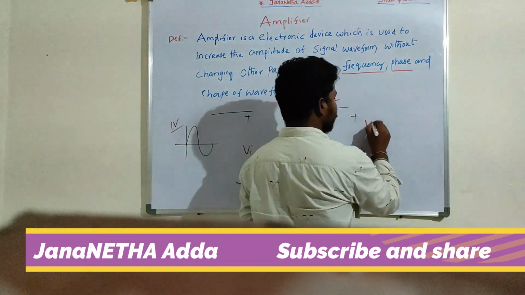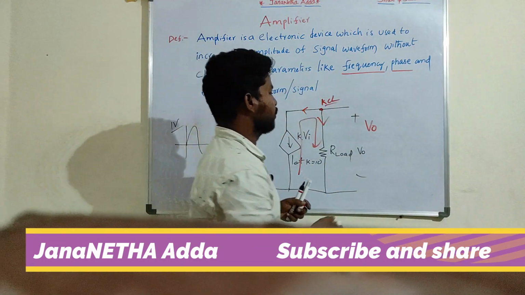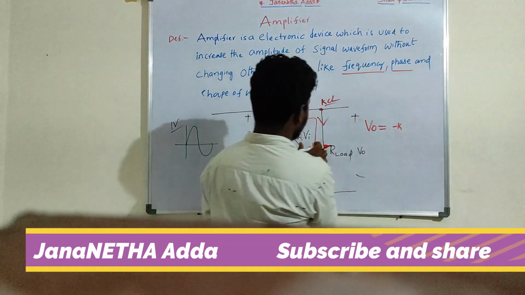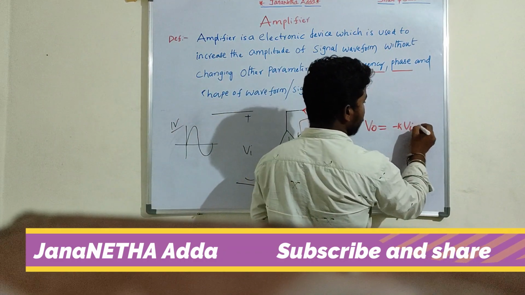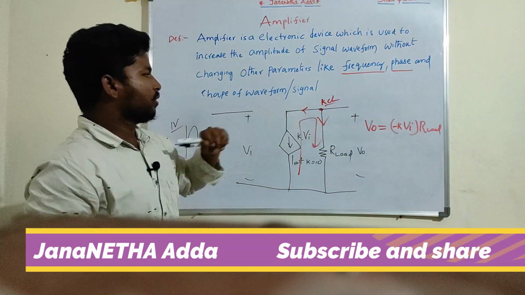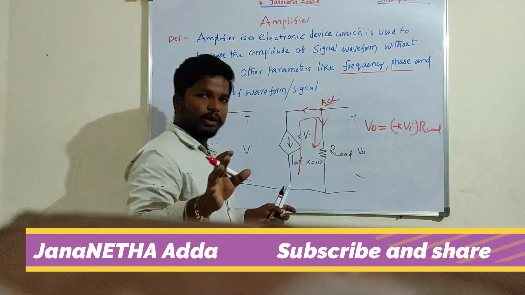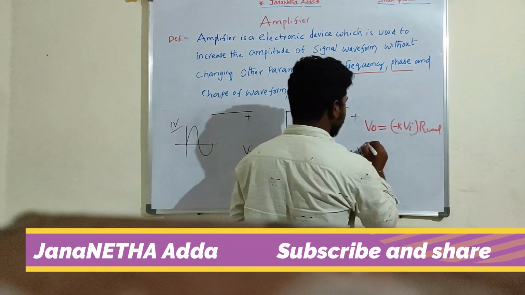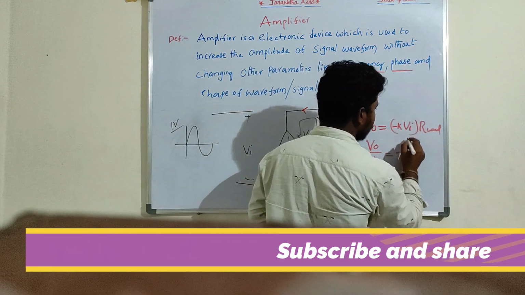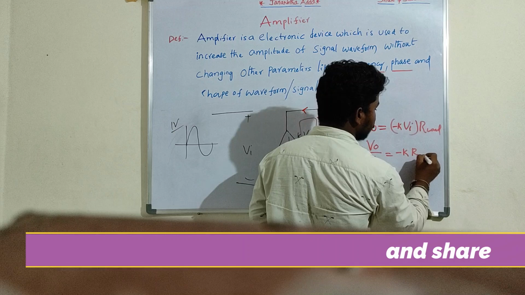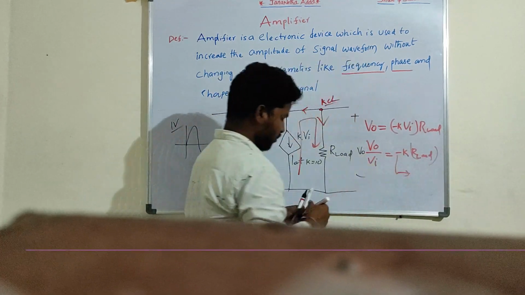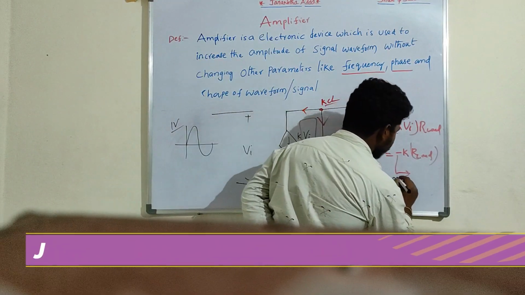If I solve this equation, V out equals minus K times Vi times R load. I am assuming that you are aware of applying KCL at a node. So V output by V input is nothing but minus K times R load. So I am getting a phase shift